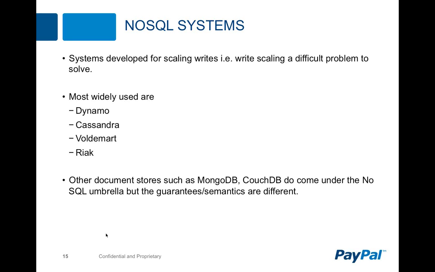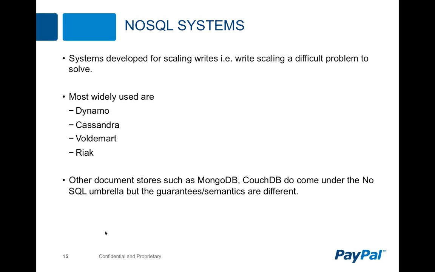Some of the most commonly used stacks are Dynamo, which came out of Amazon, Cassandra, which came out of Facebook, Voldemort, which came out of LinkedIn, and Riak is the open source implementation of Dynamo. You also have a couple of other document stores such as Couch and Mongo and others. They are clubbed under the NoSQL systems and under the key value pair systems. But